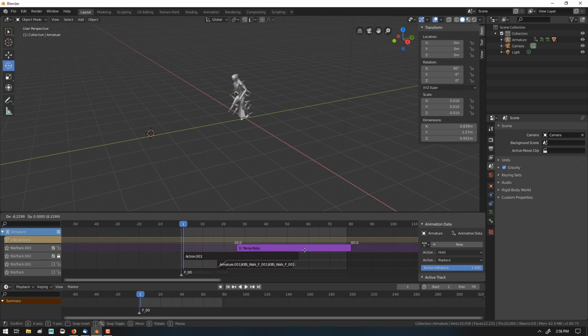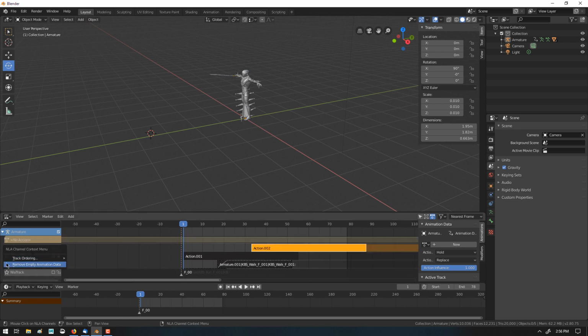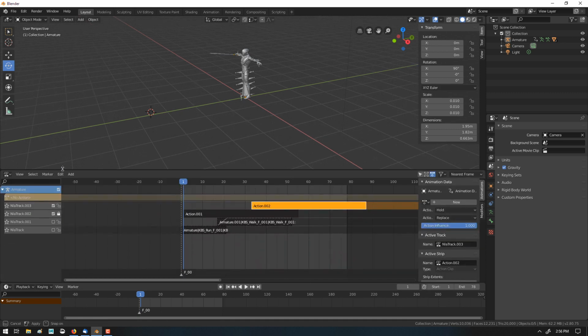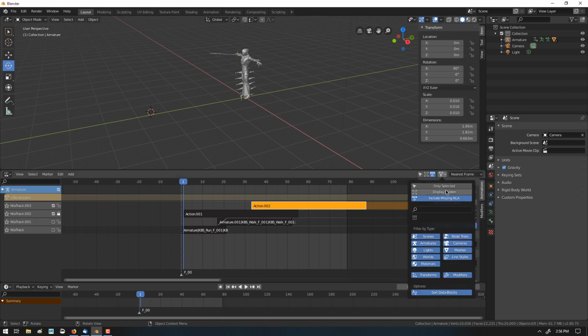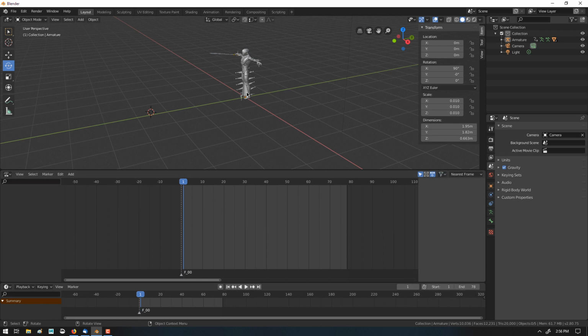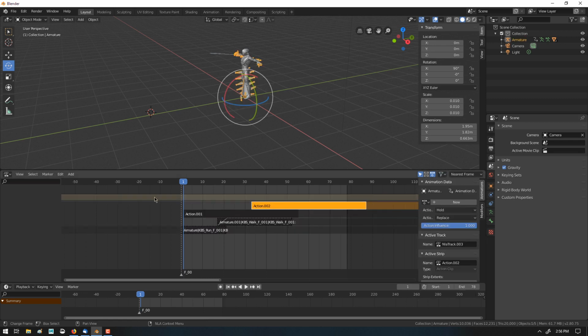So then once I cook that down, it should be adjustable and movable, but I also don't have any way to organize a lot of tracks here either. So you know, this gets unwieldy pretty quickly. There is a way to have it show or hide, I think, filtering, only selected. But that isn't quite